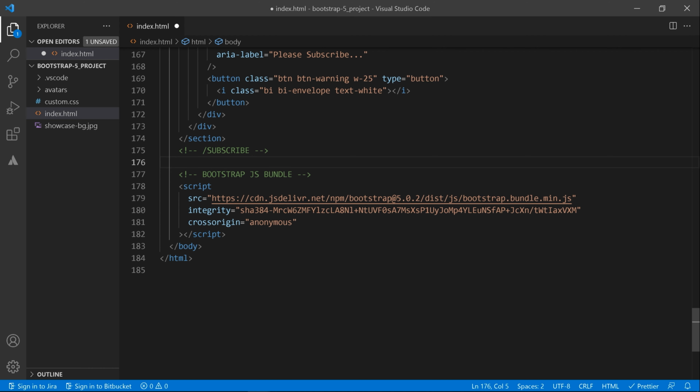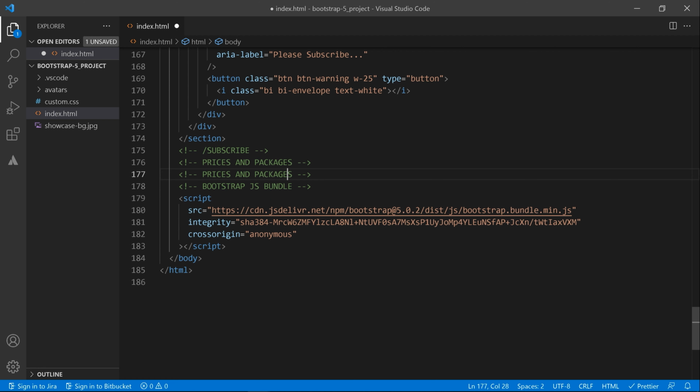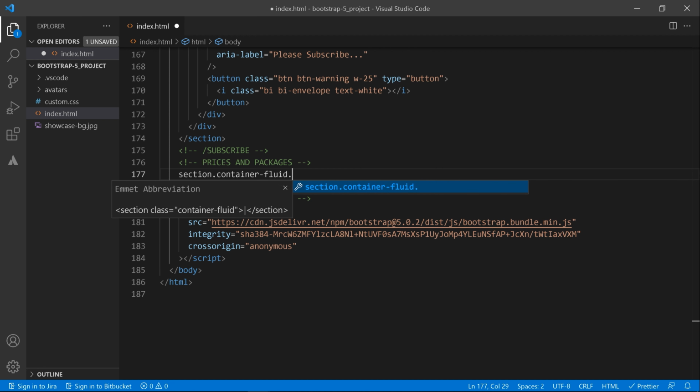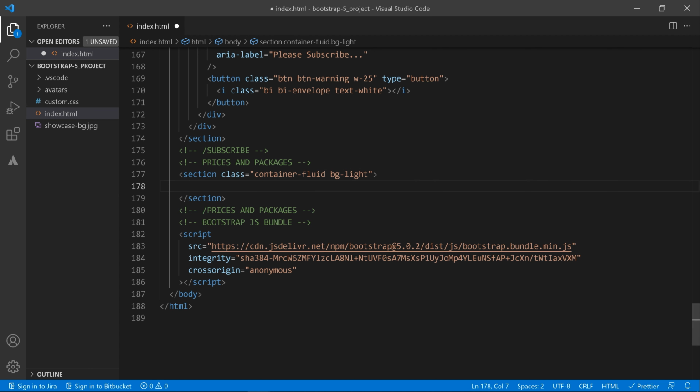Alright, so I'm gonna comment first, prices and packages, and I'm gonna copy paste the comment and close this comment, and I'm gonna create the section with the class container. Let's add the container fluid, and background gonna be the light, and I'm gonna create the heading 1 with the text prices and packages,